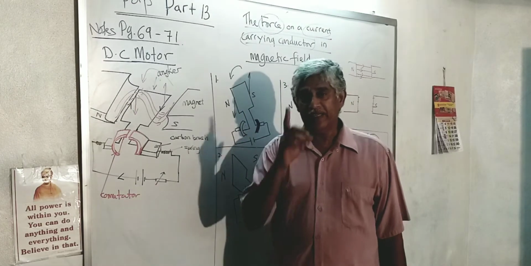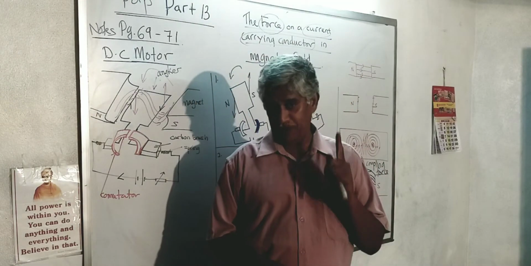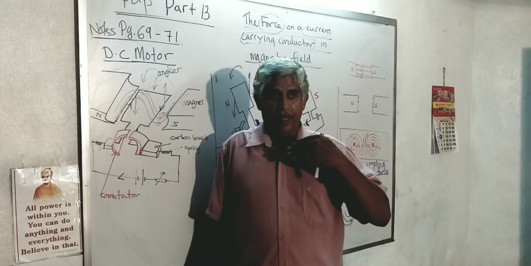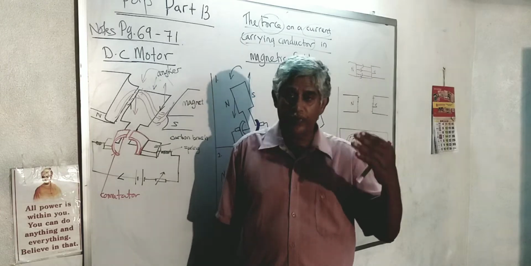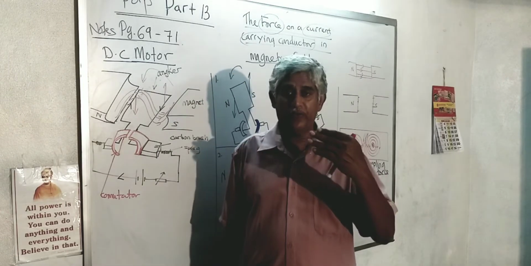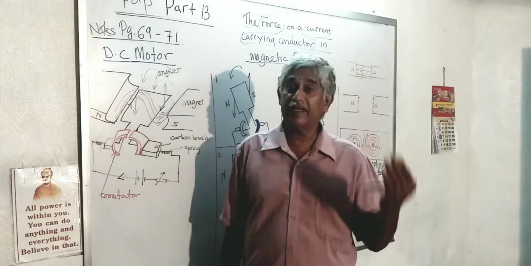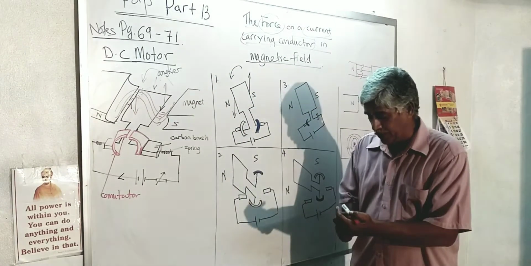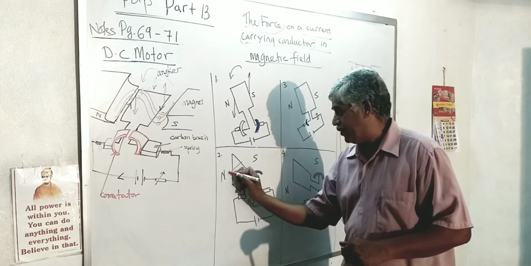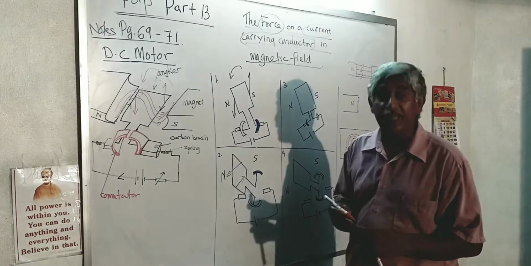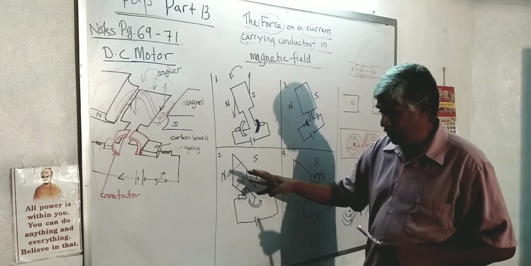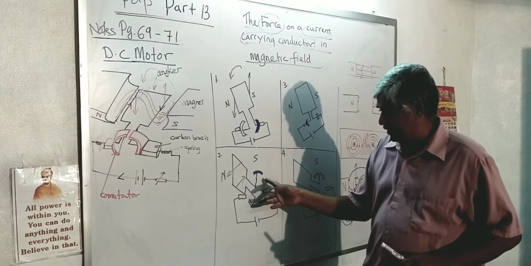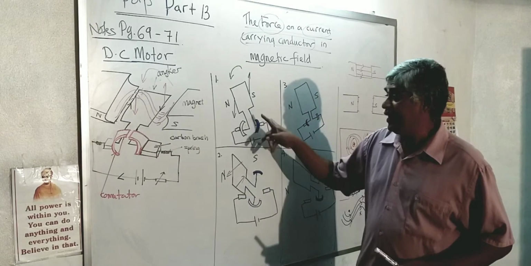Inertia you already learned. It's Newton's first law in chapter 2 from Form 4. What is inertia? An object will retain its state, whether it's moving or at rest, it will continue to rest or continue to move unless an external force acts on it. So here it is moving, so it will continue this motion. That means this armature will go in this direction due to the inertia effect. Okay, it starts to move. It's only a short instant where the thing starts moving, due to the inertia effect.